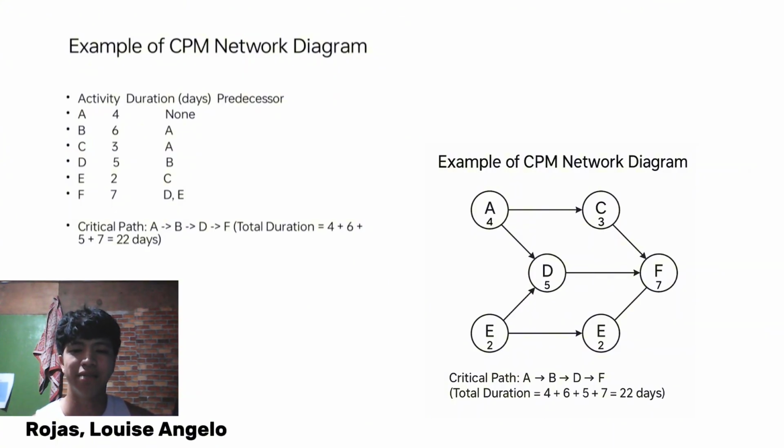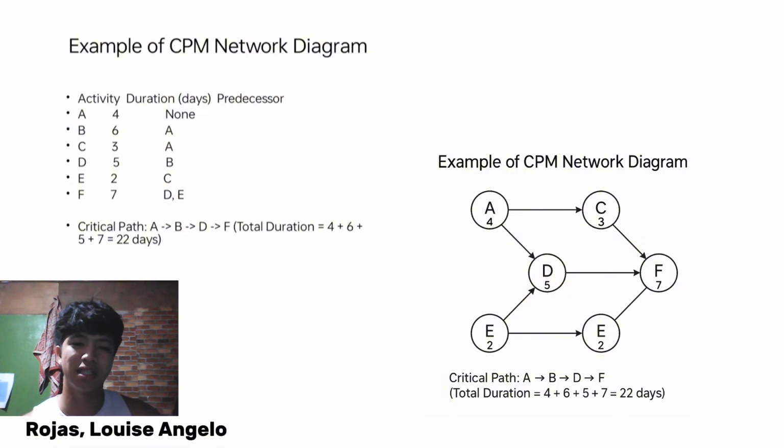D and E. So the diagram identifies all possible paths from the start to the end of the project, with the most critical being A, B, D, and F. This path has the longest total duration of 22 days, making it the critical path, as any delay in these activities will directly delay the project's completion. The alternate path A, C, E, and F